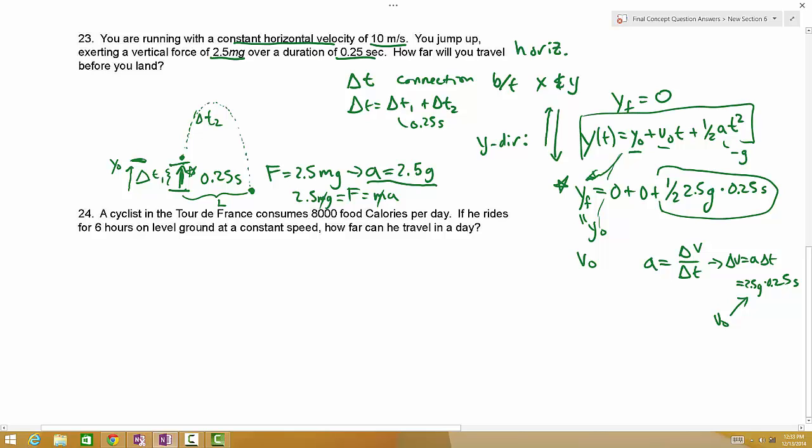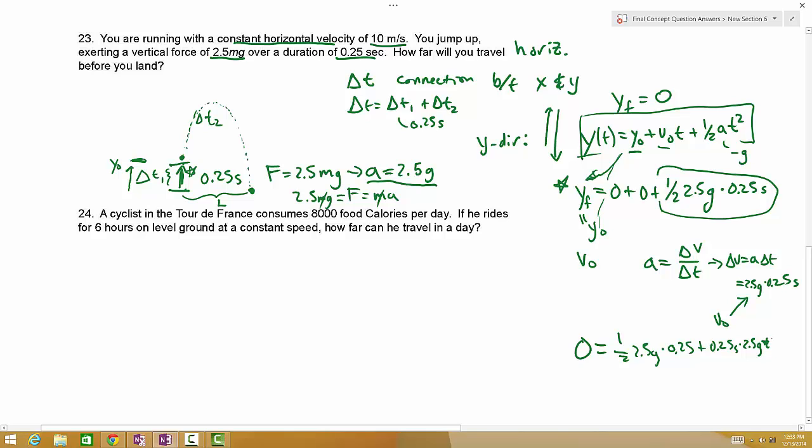I'll rewrite the equation because we're going to solve it for when y is equal to 0. That's when we're here at the bottom. So basically we'll have 0 equals 1/2 times 2.5 g times 0.25, plus v naught, which is 0.25 seconds times 2.5 g. It's a lot of 2s and 5s going on here. And then that times our time,